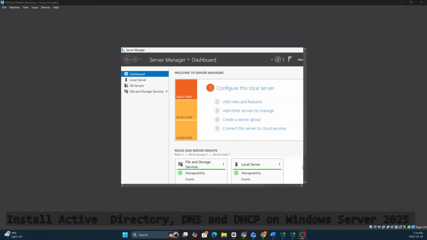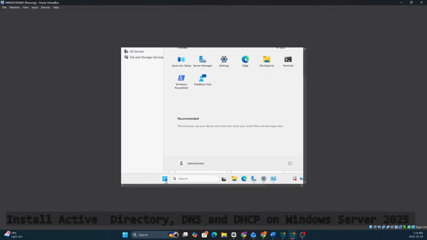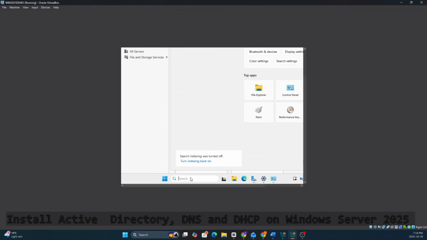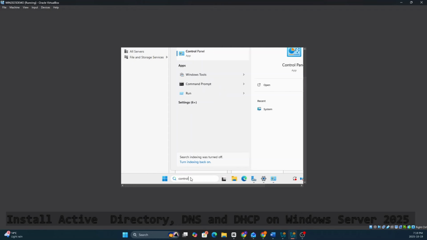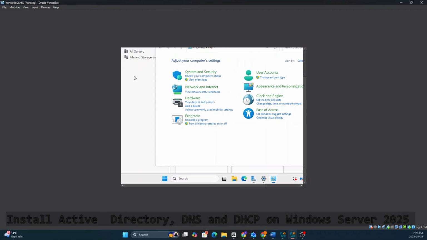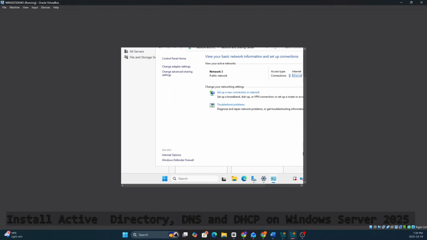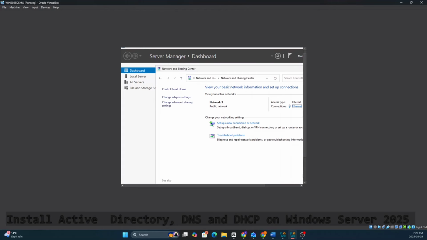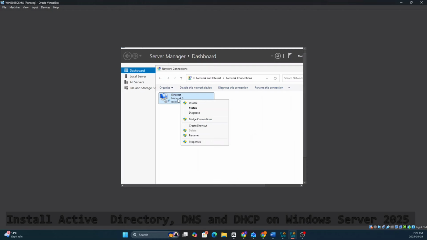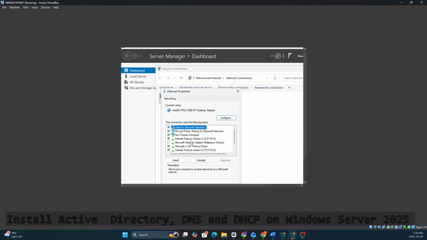So click on this Windows icon. You can just type in Control Panel. To come up, click on Network and Internet, then select Network and Sharing Center. Once you have this selected, click on Change adapter settings, then right click, then click on Properties, then go to